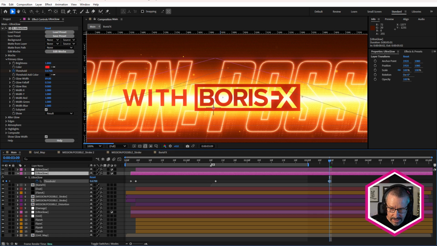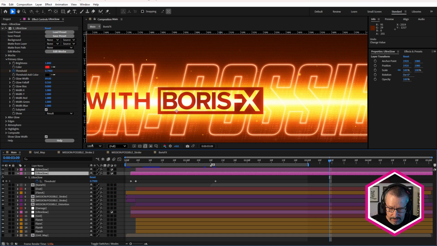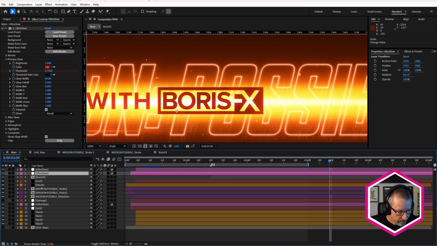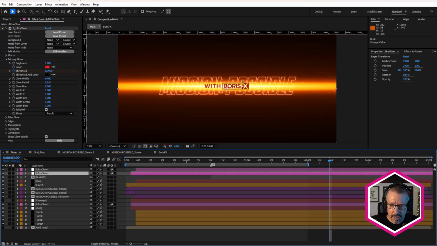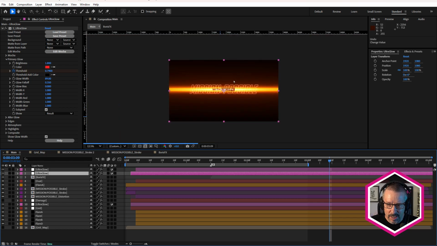And that's why I added that second keyframe for the threshold, just to sort of dial in enough glow for the text, but not too much for the background, the layers below it. So that's basically the overall look, and it's pretty much where I got to thinking I had this finished. And then I just felt that I needed a little more detail.